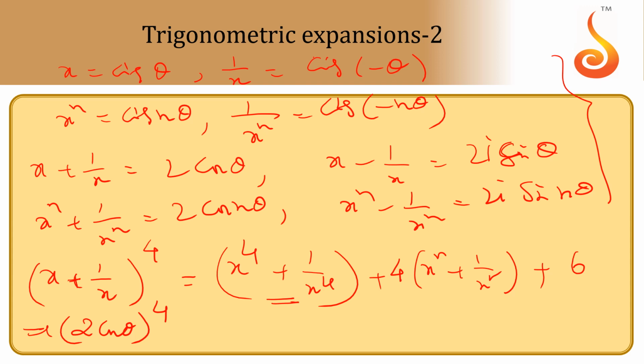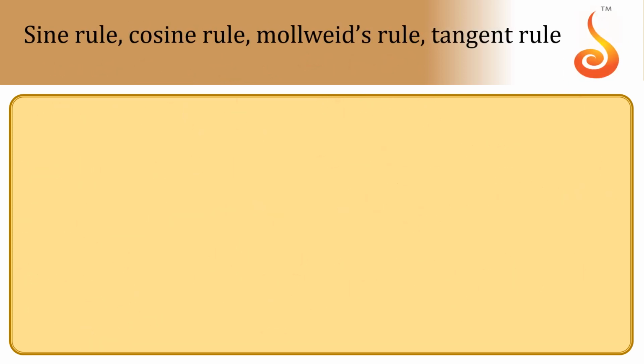Then again this will be converted into 2 cos 4 theta, 2 cos 2 theta. That's why cos power 4 theta, you are developing in terms of cos 4 theta, cos 2 theta. Suppose if I take x minus 1 by x, I will generate sin power 4. So please remember, if you mix de Moivre's theorem with binomial theorem, you can develop multiple angles into powers, powers into multiple angles. Okay, that is about complex numbers.